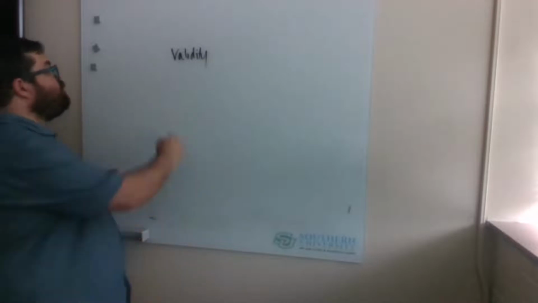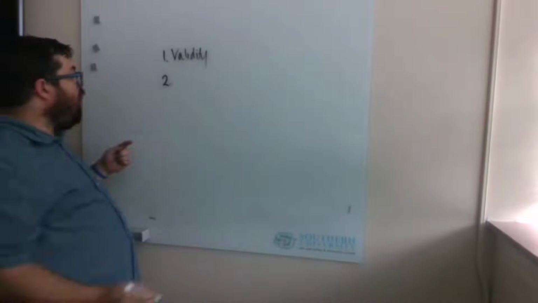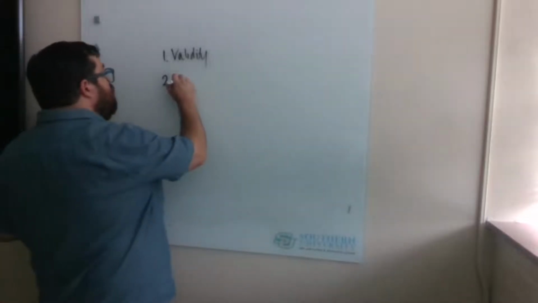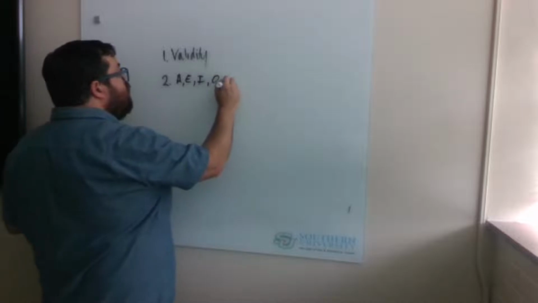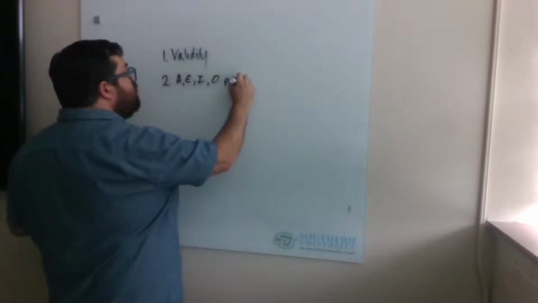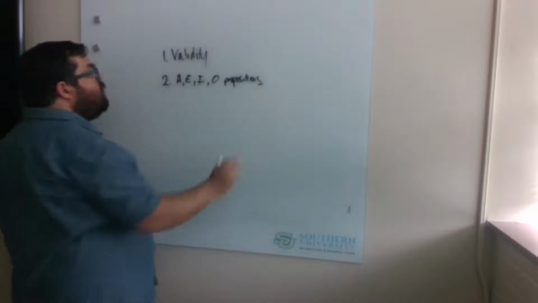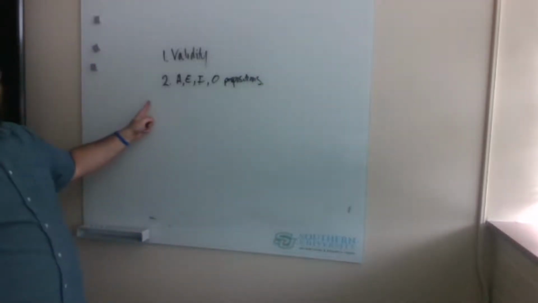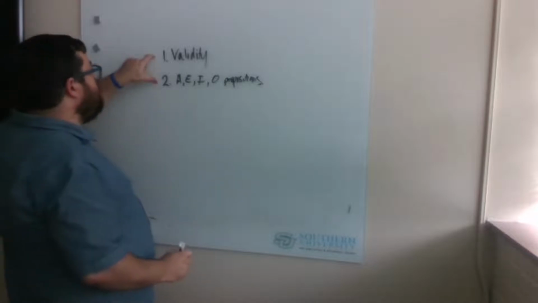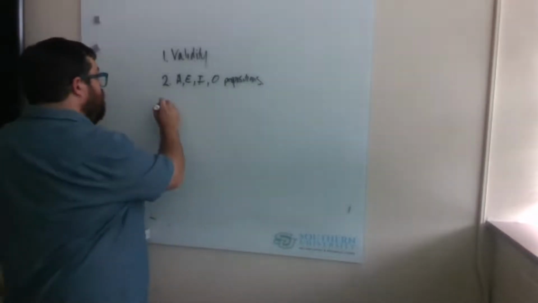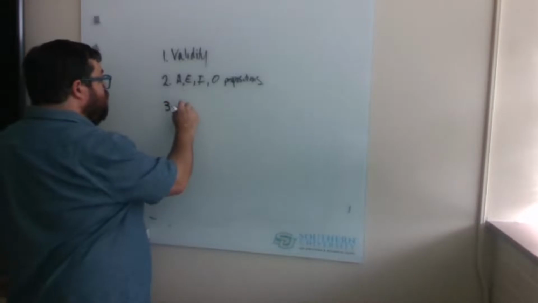Number two, we need to recall A, E, I, O propositions. We need to know what those letters are. And then we need to take these two things and apply them to something called